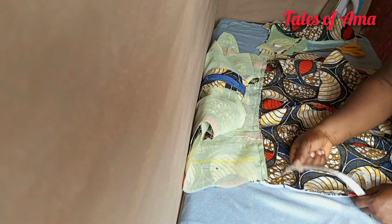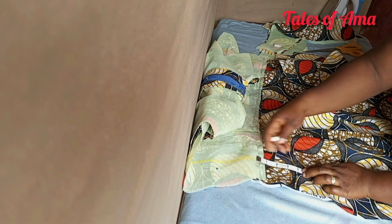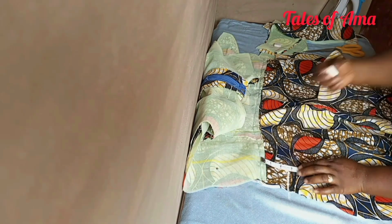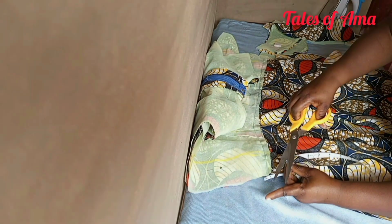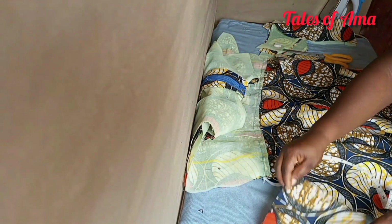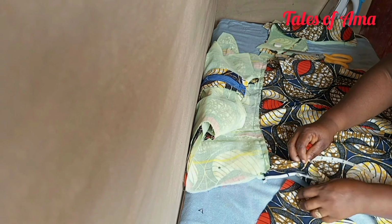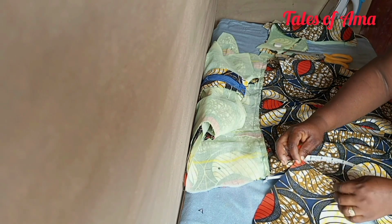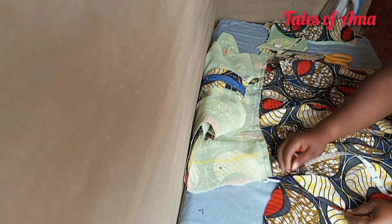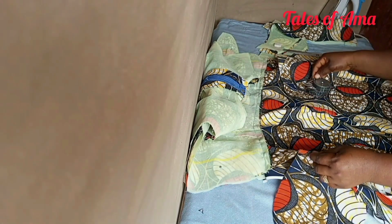Now don't forget I told you we'll be adding pocket, so on the waist part I mark down 3 inch, like you see me do so, and I'm going to notch this part here. This is where my pocket is going to start from. Then I start inserting my pocket by pinning it first, okay. Take your notch part here, and then you pin your pocket right side facing each other for the two sides, okay. So I pin the first part here,